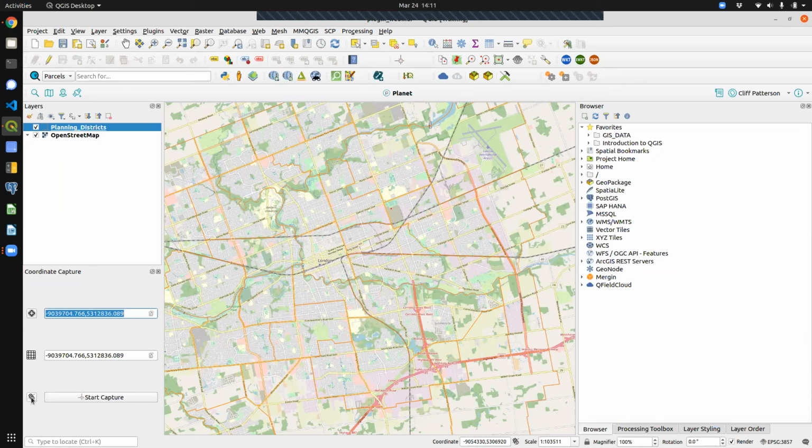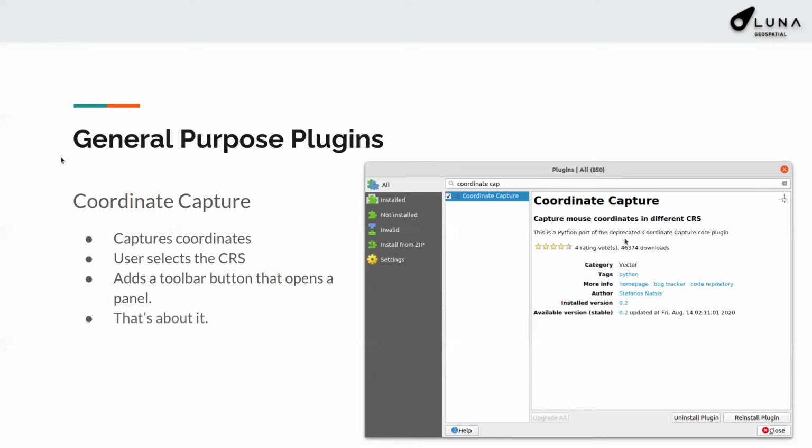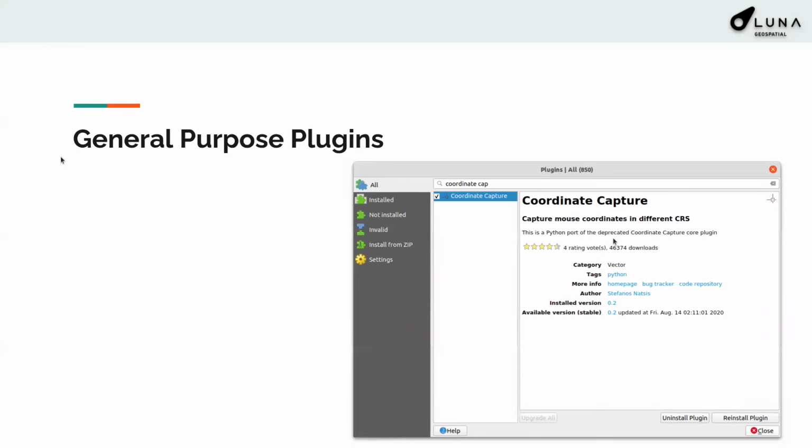The other nice thing you can do with this tool is, if you hover over here, you'll see, click to enable mouse tracking. So as I move my mouse, it'll track. So if there's a specific location I'm looking for, I can go right there. And then when I click, it stabilizes. So nice little tool. I use it quite often. It's simple. It does what it's supposed to do. That's about it. So if you want to do something a little bit more,